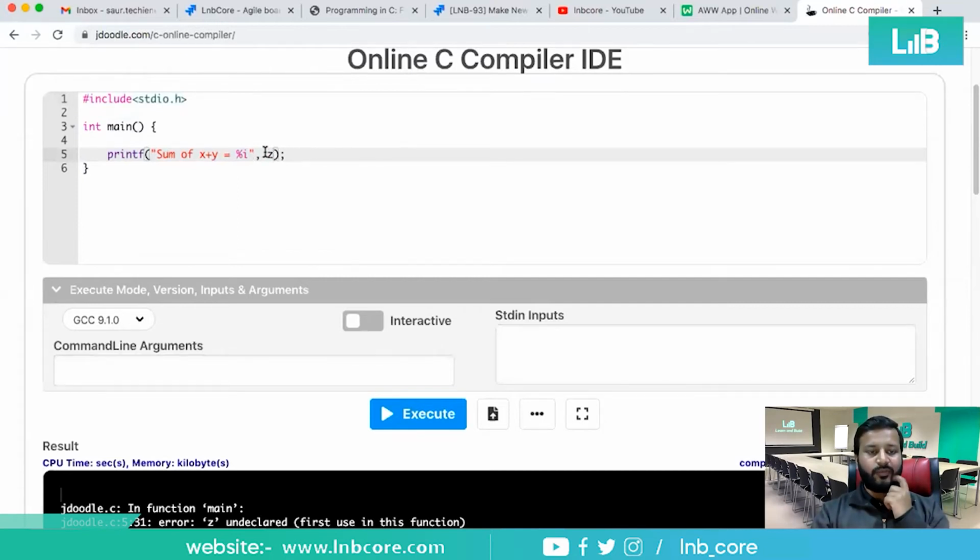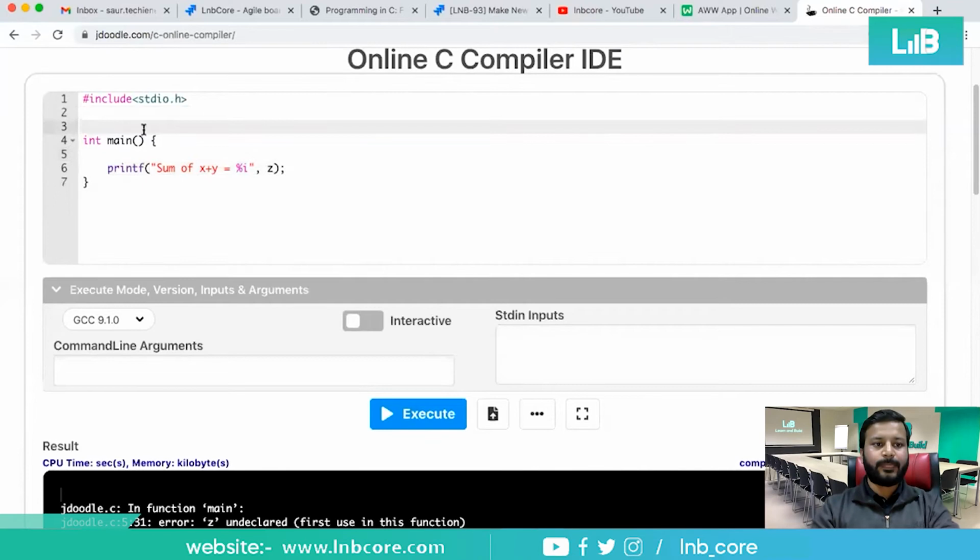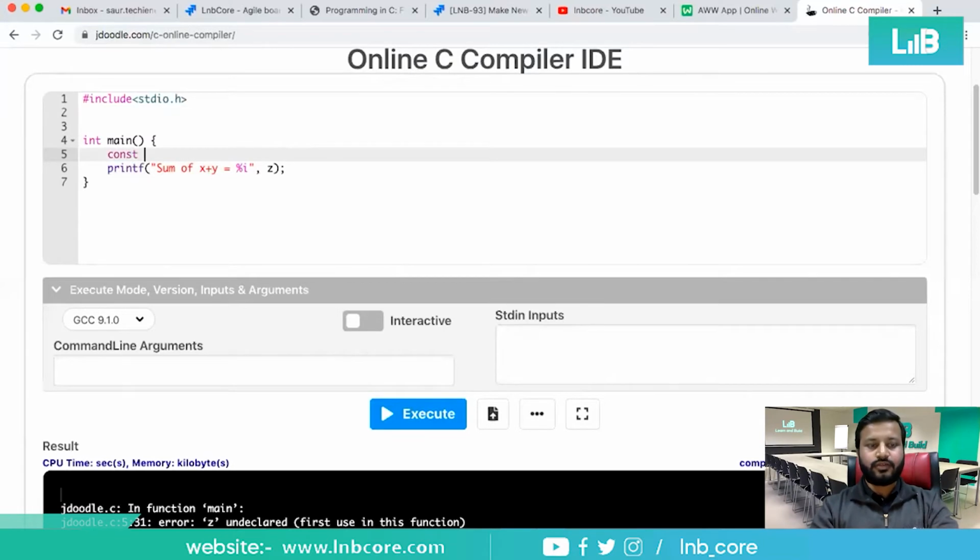Now we are trying to define our own constant values. Okay, so first of all, let's start with a keyword called const, right? Const has its own definition for how you have to define the values of constants. Then you have to give any data type that you are going to use.